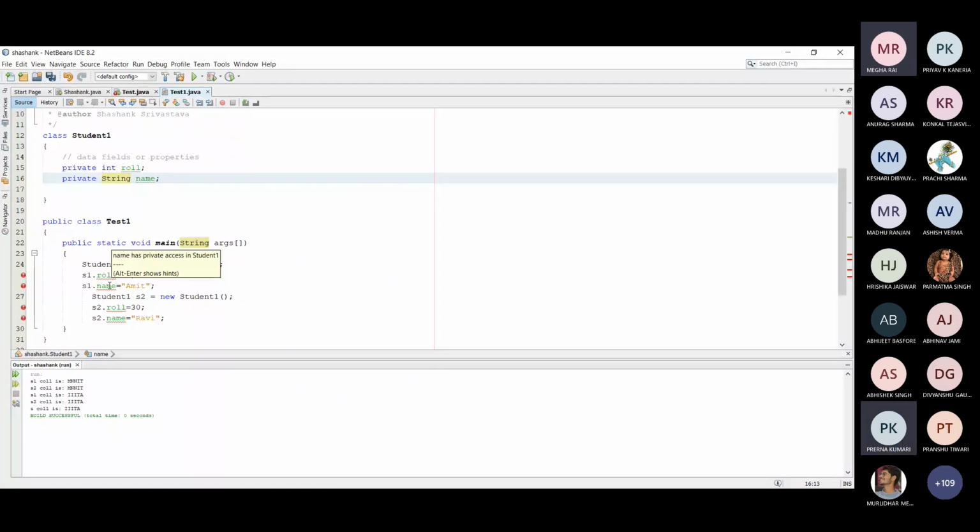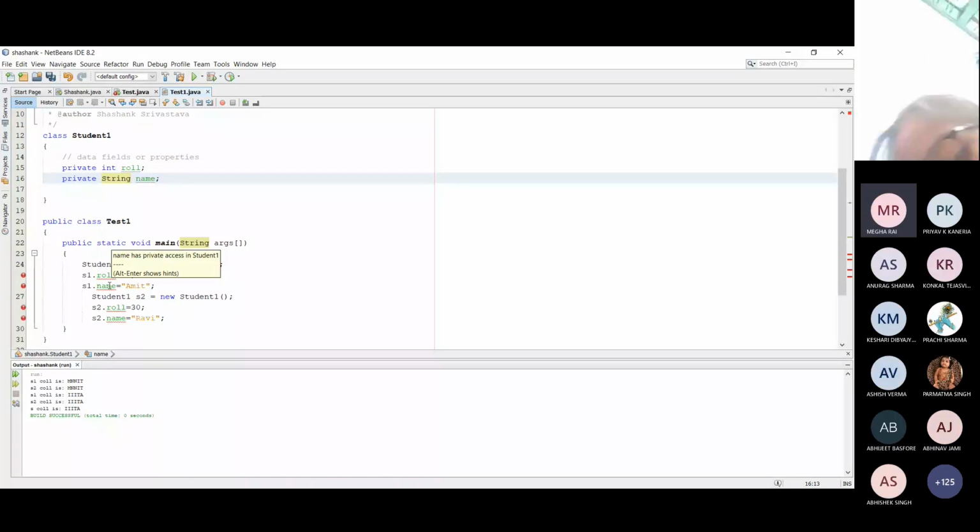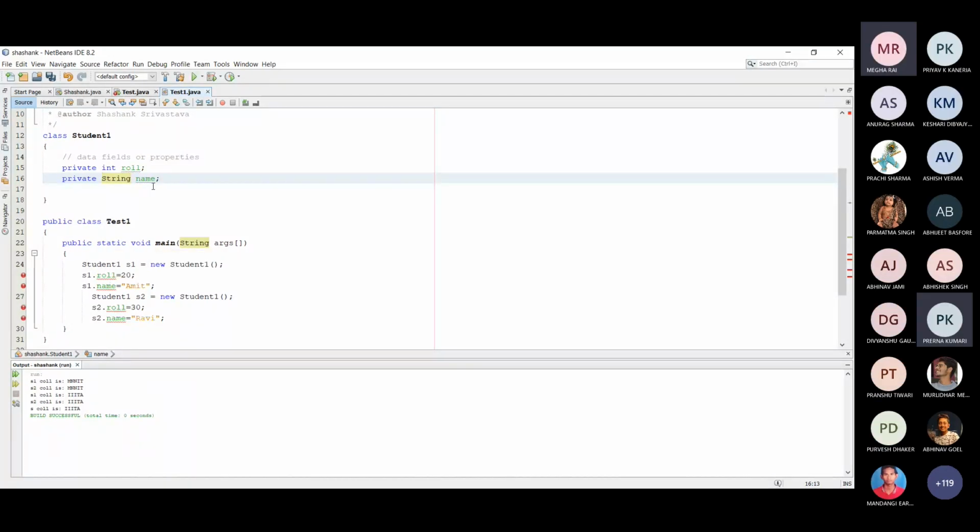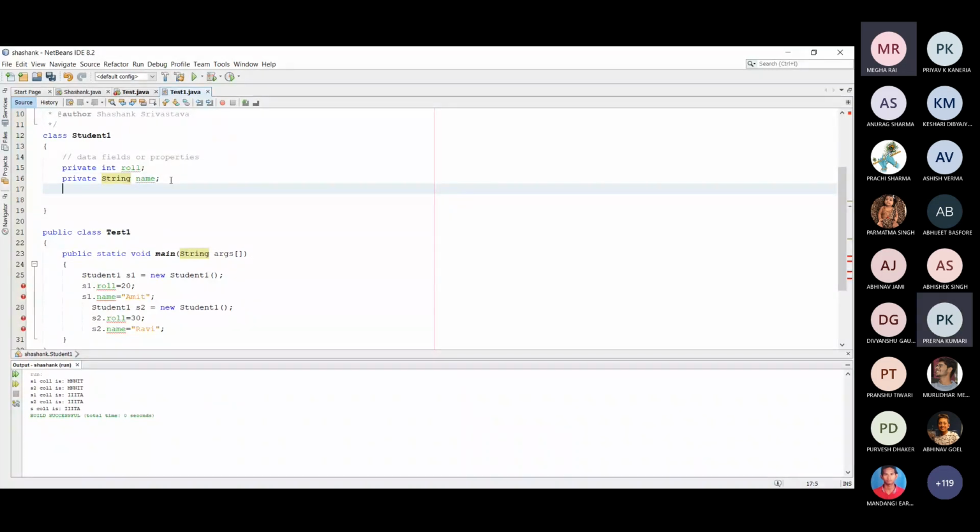So in order to initialize roll number and name, if both are private, another approach is to initialize them with the help of a public method. Here I write void setData as the method.